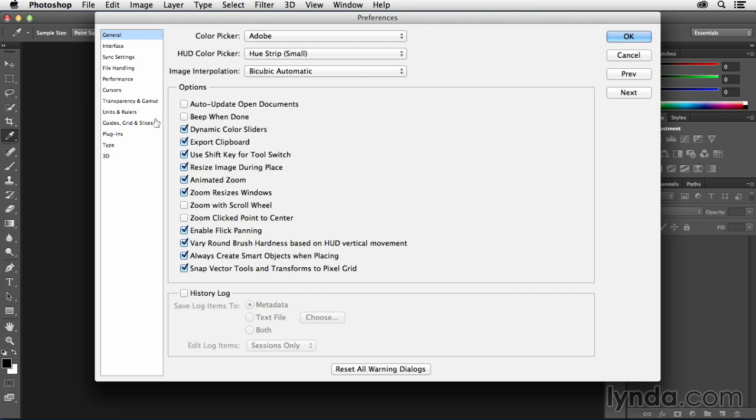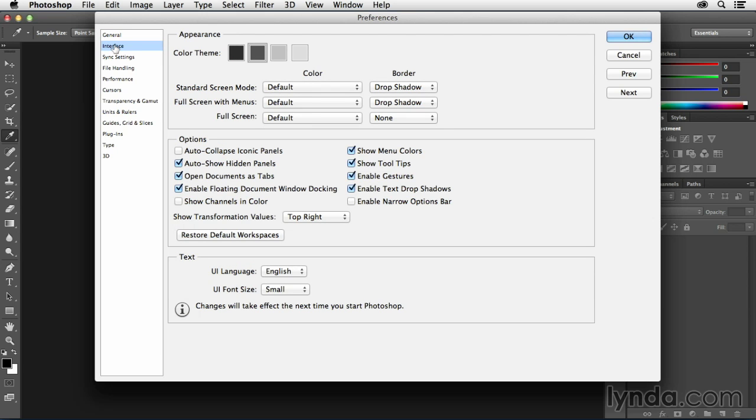Now let's take a look at the interface preferences. The first thing that I want to point out is that I'm using the second color theme from the left. In fact, since you're watching this movie on Photoshop preferences, I'm going to show you a cool little hidden shortcut. If you hold down the Command key and the Option key and the Shift key on Mac, that would be the Control, Alt, Shift key on Windows, and you click in any one of these color swatches, it will toggle